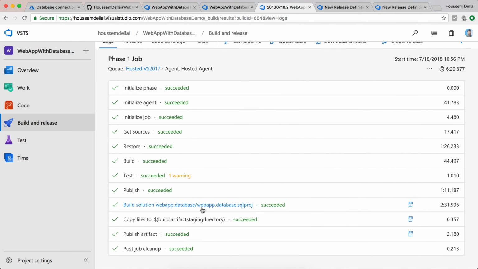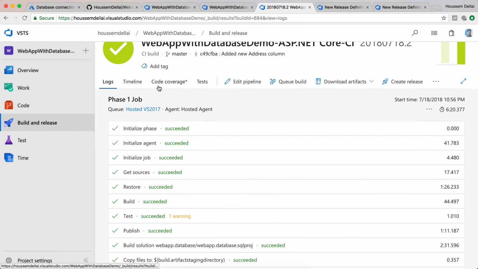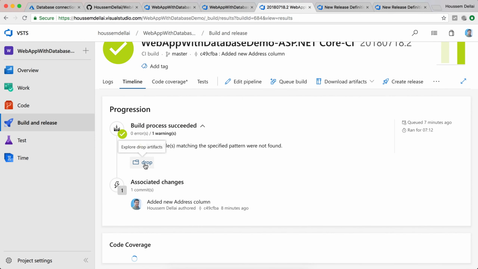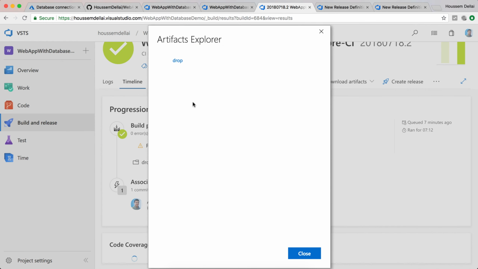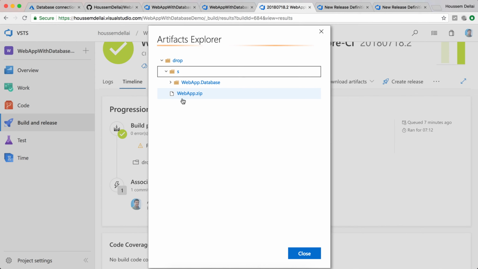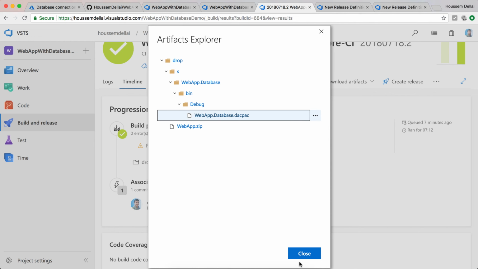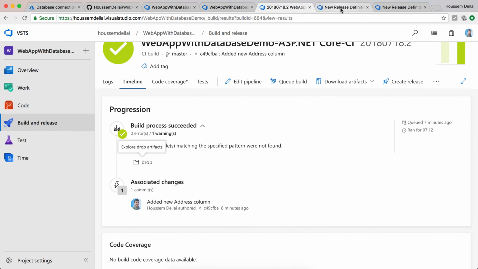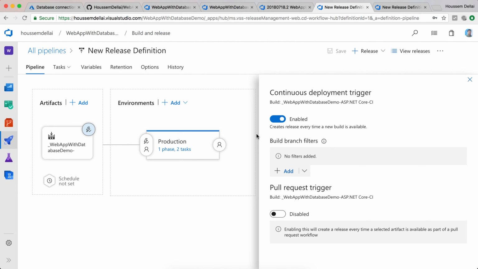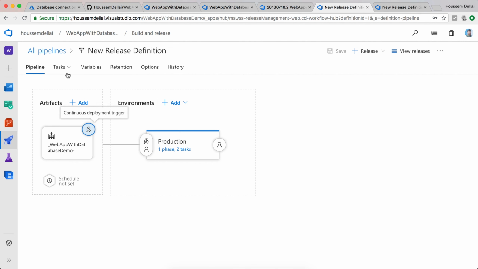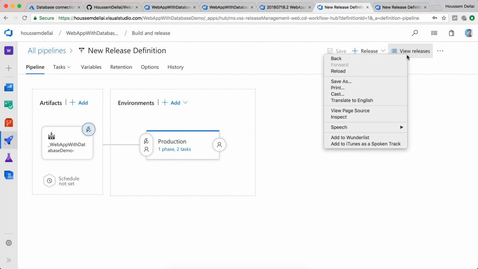once the build was run successfully, it generated the dacpac file and also the web app. So we can see that in the timeline right here. We can select the drop folder and check that here we have the deployable files for the web app, and also we have the dacpac file created. And when the CI finishes, that will trigger the CD so that it takes the content of the drop folder to publish it. So here, if I go back to my CD right here, I can go to view releases,